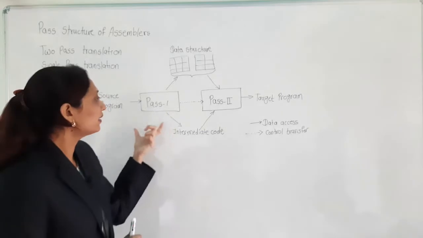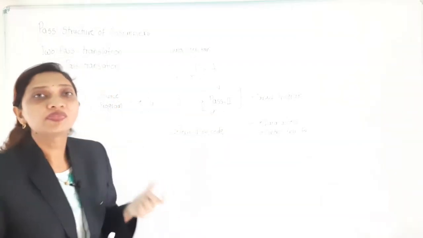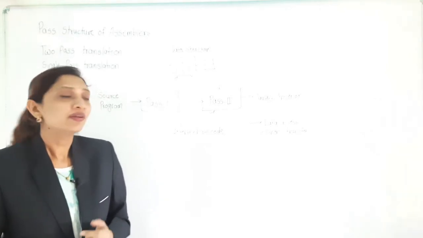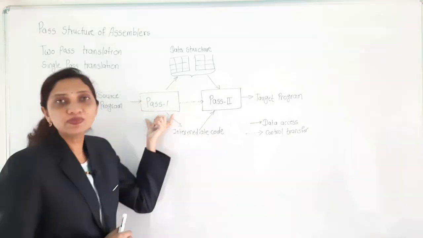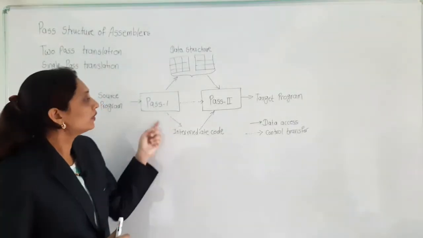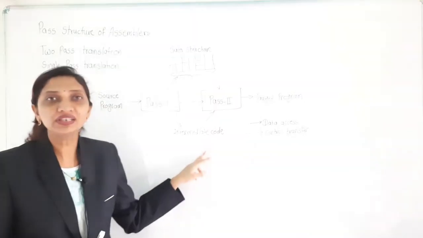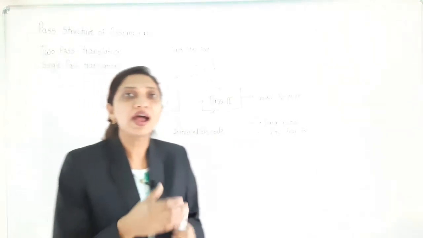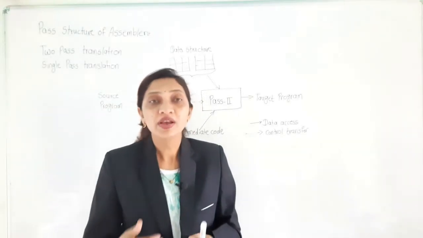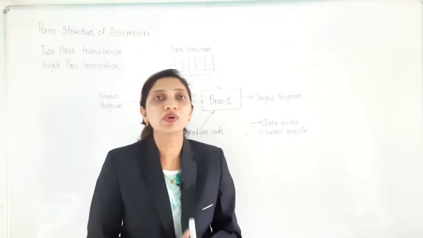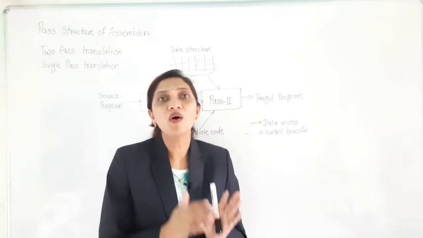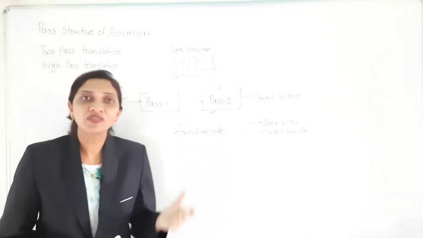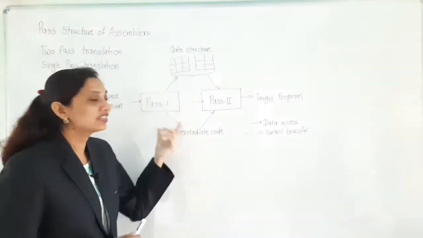Now we learn how the problem of forward referencing is handled here. In the two pass translation process, the problem of forward referencing is handled naturally. Why? Because during the analysis phase the intermediate code is generated, and once the END statement is processed, the assembler gets the addresses of all the symbols. Before the synthesis of the program starts, the assembler knows all the addresses of the symbols. In this way the problem of forward referencing is handled naturally.